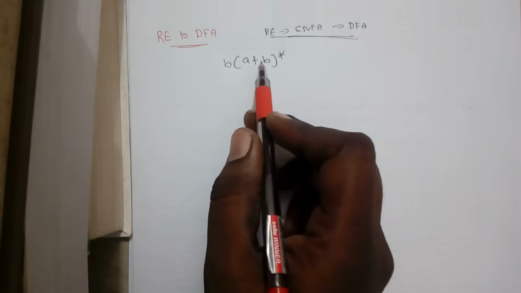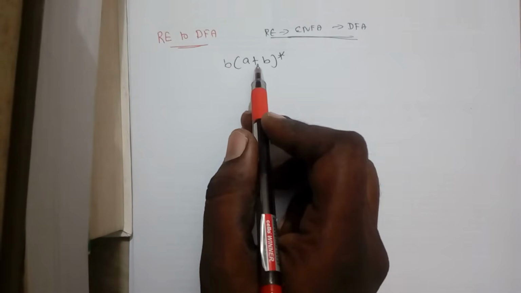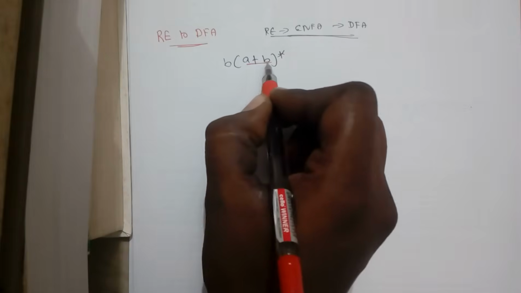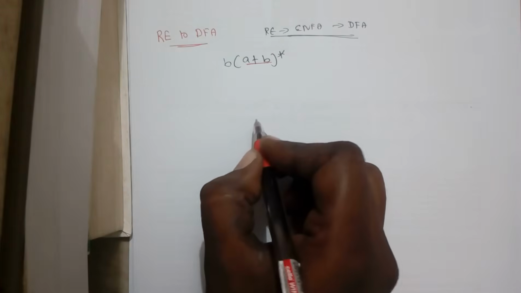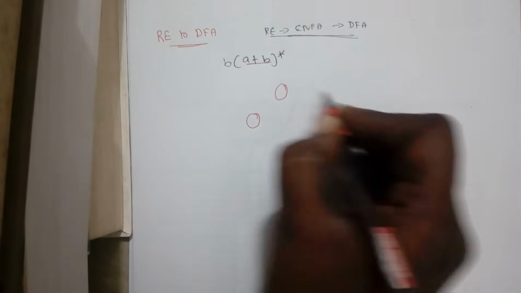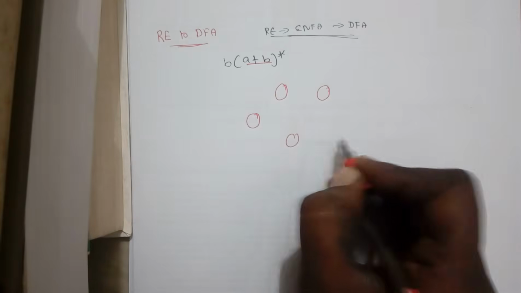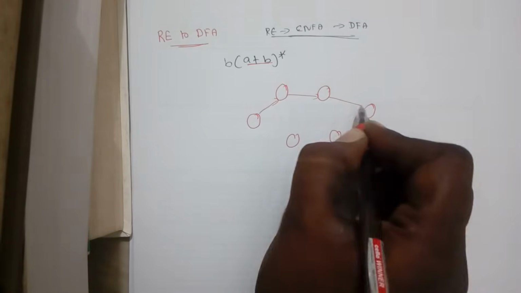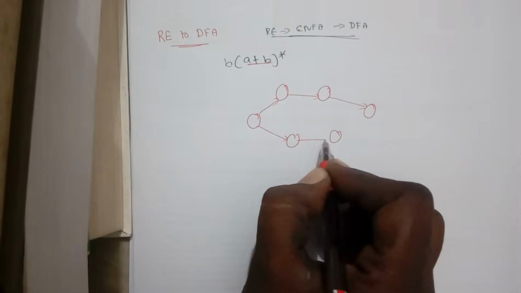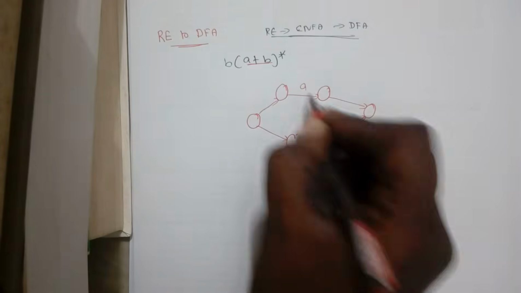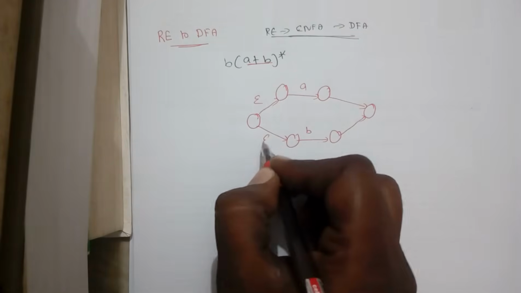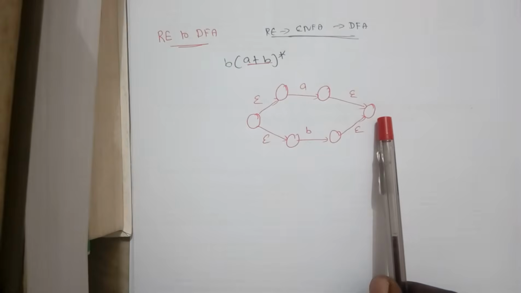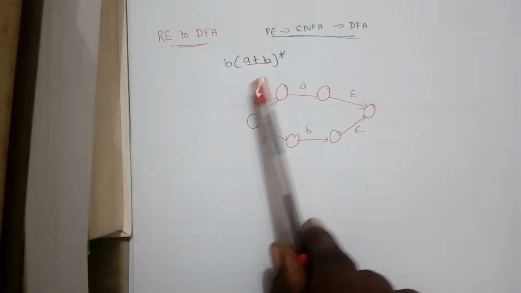Now when you want to convert this regular expression to epsilon NFA, we have to start with the thing that is inside the brackets, that is a+b. We have to construct the epsilon NFA for a+b. We always go with the basic step, and this is the conversion for a+b. Either a or b we can reach from one state to the other state.